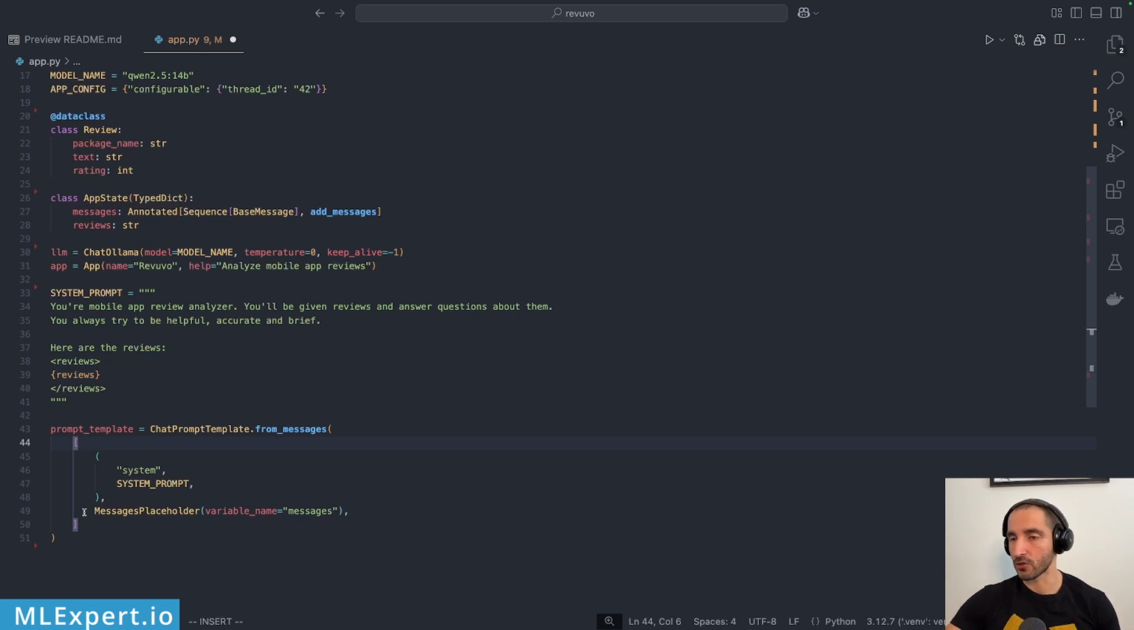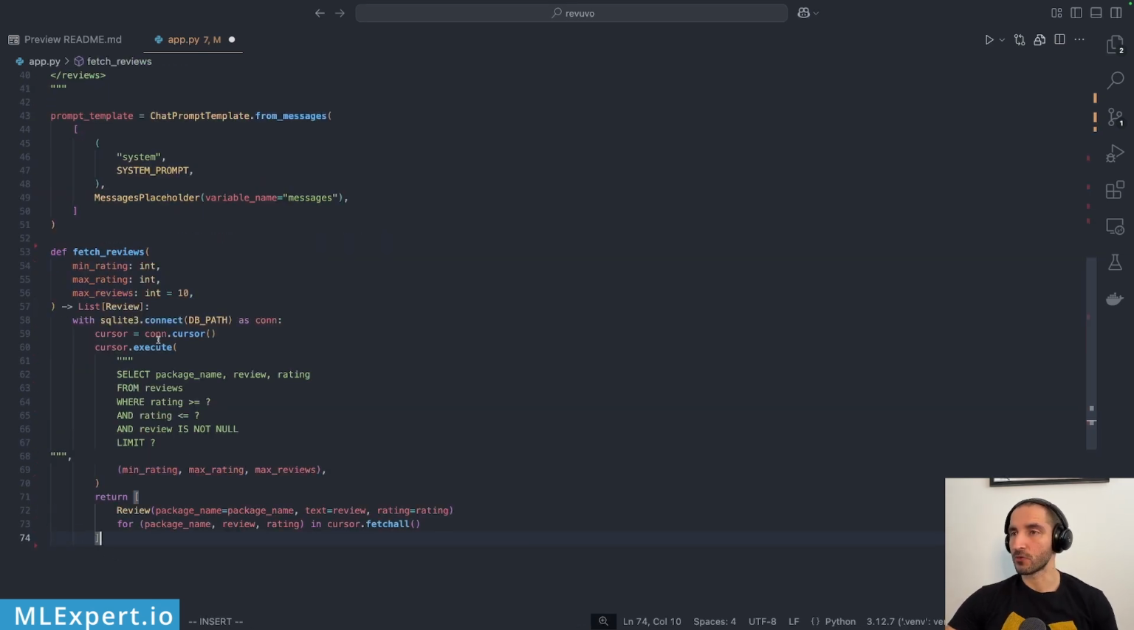during the application. Next, I'm going to show you how you can get the reviews themselves from the SQLite database, and this will be a bit more involved. Let me show you. So here I'm passing in the maximum number of reviews equal to 10, minimum rating and maximum rating. The ratings can be anywhere from 0 to 5, which is inclusive,